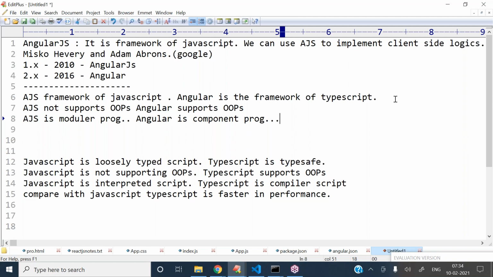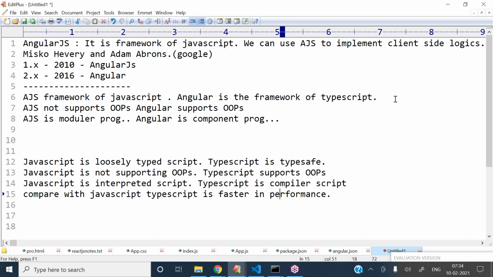And next point, logics everything in AngularJS we are defining in the form of functions. But when we come to Angular, everything we are defining in the form of classes. So we can call it modular programming as well as class programming.